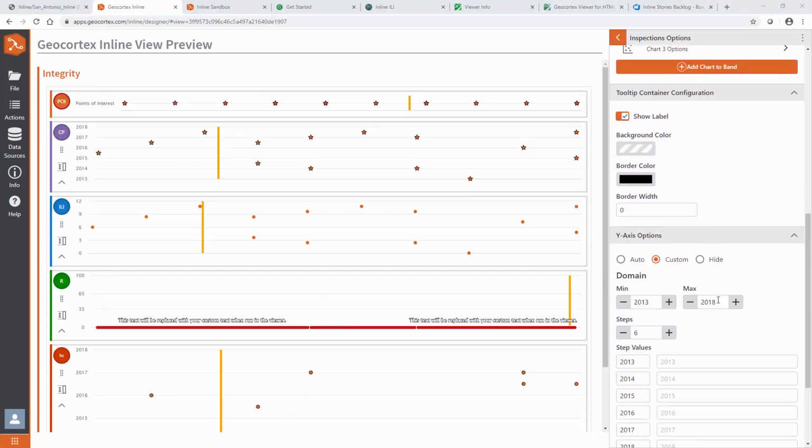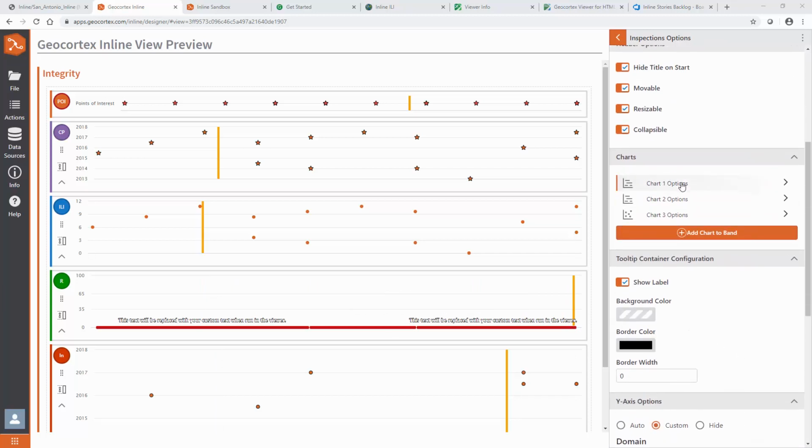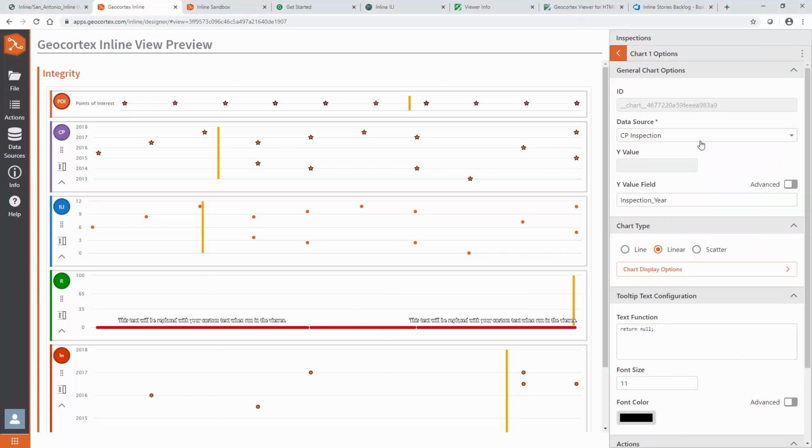Also in the designer, another one of the band options is the ability to configure the y-axis options, so our data will display where we want it on the y-axis. In this case, we're using years. We've set the domain from 2013 to 2018 in 6 steps, so the data will appear according to a value that we set. And if we have a look at the chart options, here we can see that we specified